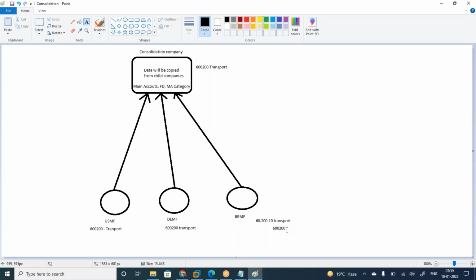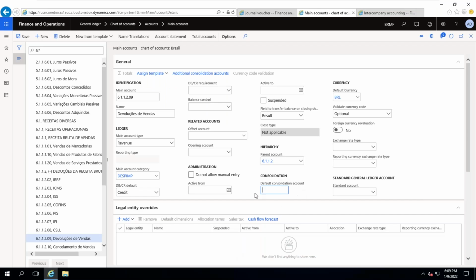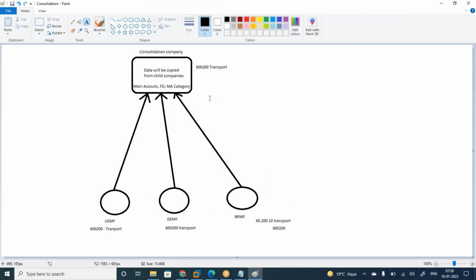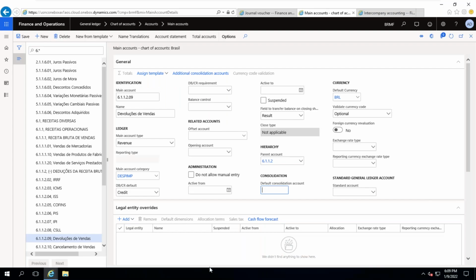It is a must. The big exercise is in the child companies, where the parent company number needs to be mapped. Do I need to map for all? Not required. If this company and that company have the same set of chart of accounts, it is not required. But if they differ, definitely it is a must. The parent company account, whatever it is, should be updated in the child company, with the information provided. So wherever the subsidiary differs from the parent company, only then do we have to map it. Exactly, you're right.